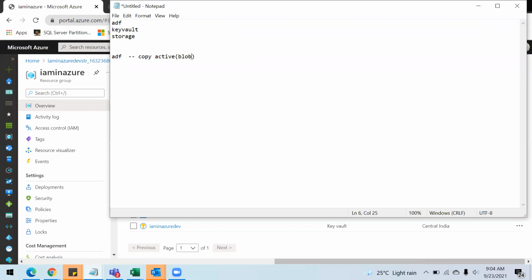So for this blob connection, I'm going to use the storage account which we have created, and I'm going to save this connection string of this storage account inside the key vault. So that's the idea, so that I'm not going to expose what storage account I am using in the ADF service.